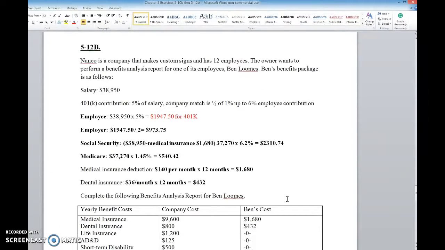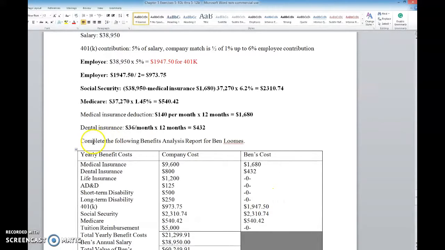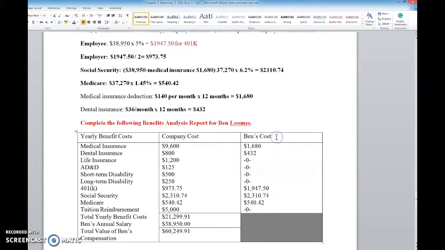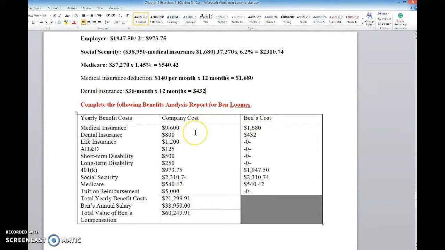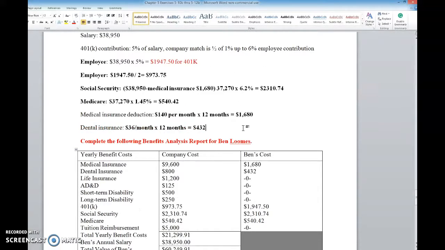On the last exercise, 5-12B, we have to complete a benefit analysis report for an employee, to show the benefits that Ben obtains through the company. Some of the information is given to us. So the company's cost information is given to us. The medical insurance, we have the company cost at $9,600. In order to figure out Ben's cost for the medical insurance,